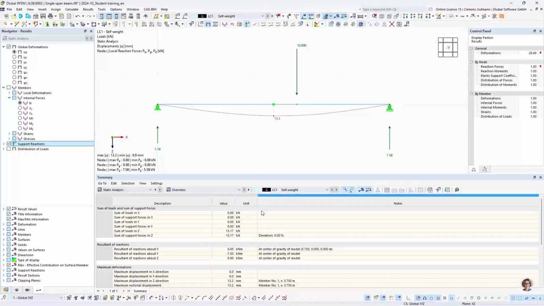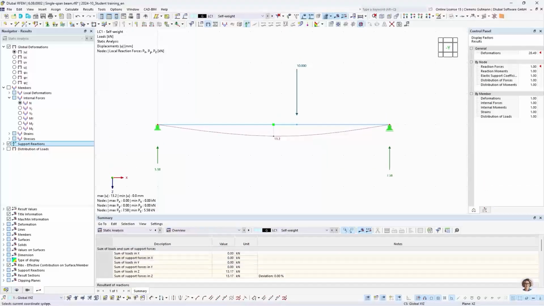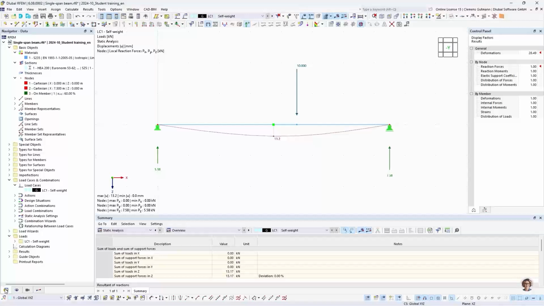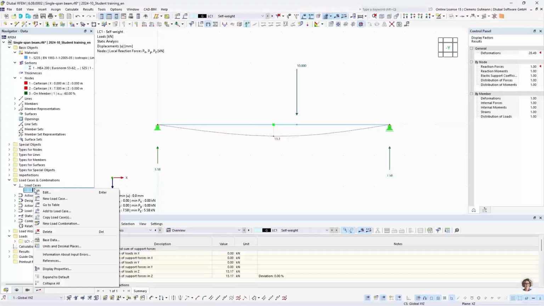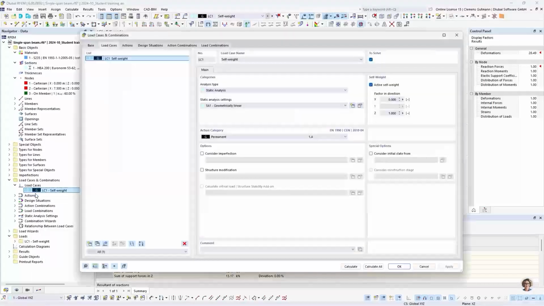So there must be some load applied to the model that we cannot see. And the reason for that is that in the load case that has been by default there, self-weight, if we look into this,